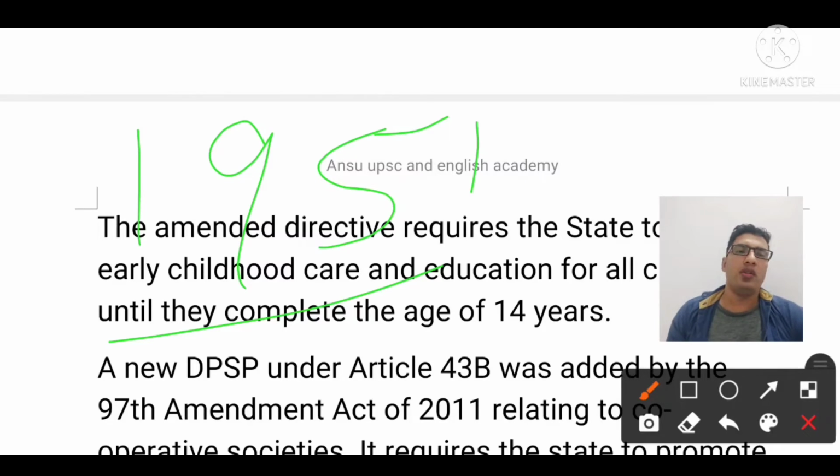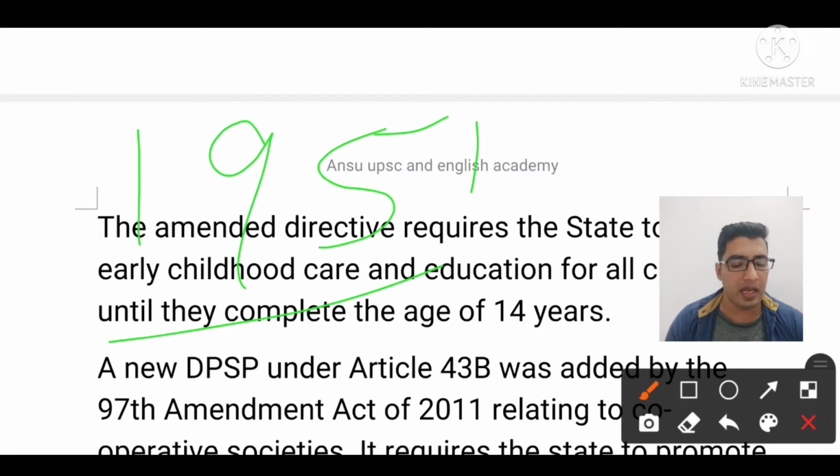But that special time came in 1975, and that was a very typical time for Indians. At that point of time, an emergency was declared by our Prime Minister Indira Gandhi, and after that, in 1975-1976, the 42nd Constitution Amendment Act, 1976 came into existence. At that point of time, our Constitution was amended by the